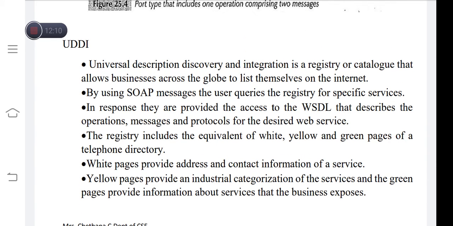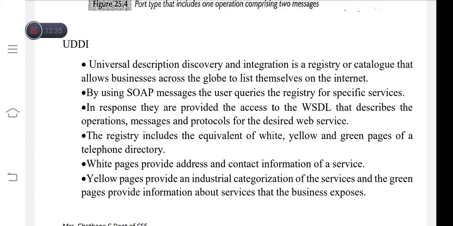Next, UDDI. It is one more technical specification which we need to know. UDDI stands for Universal Description, Discovery and Integration, and is a registry or a catalog that allows businesses across the globe to list themselves on the internet.